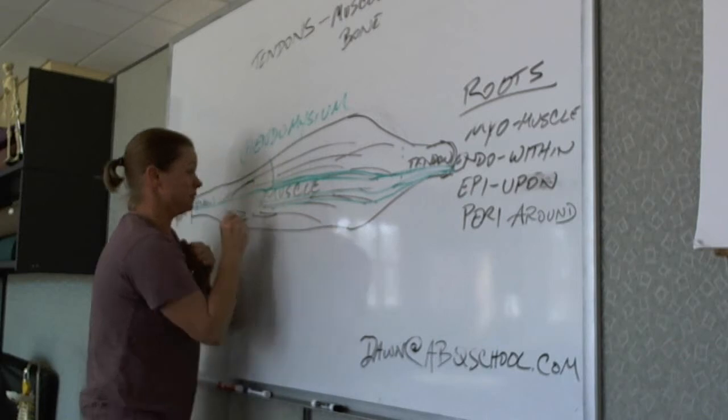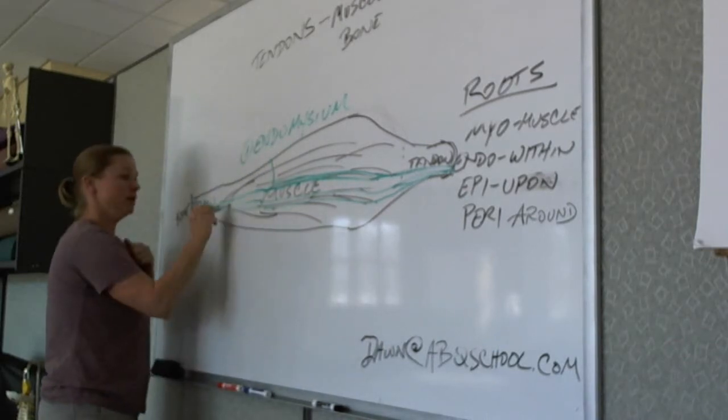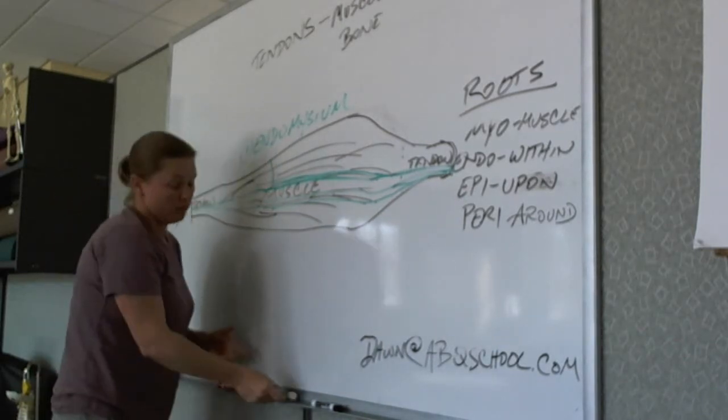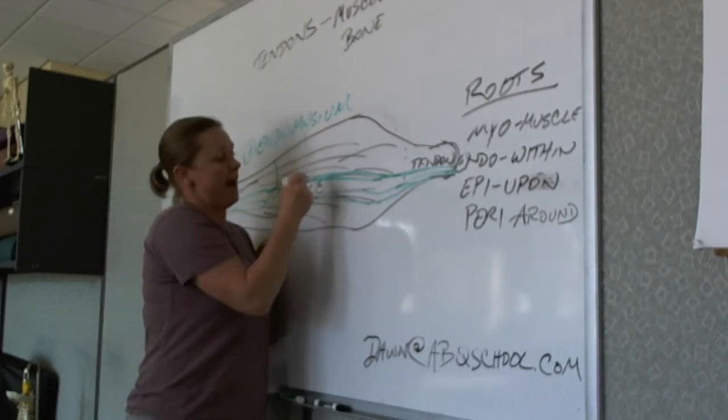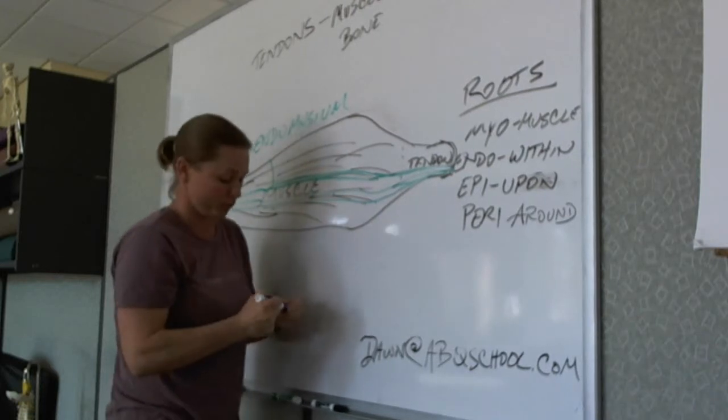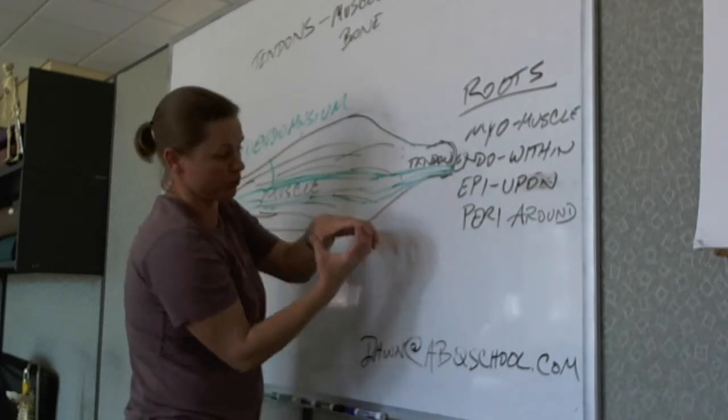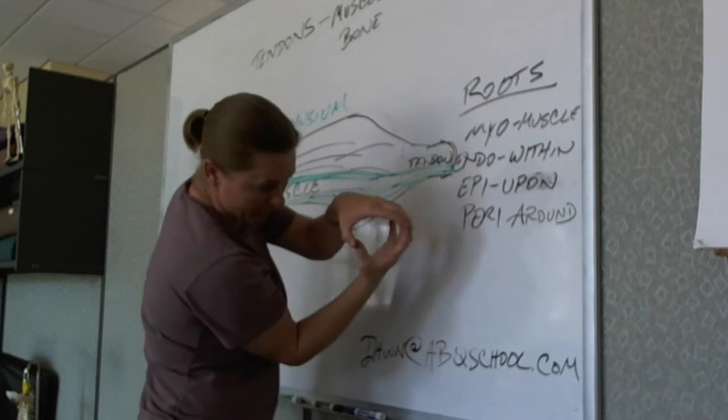So I hope that helps a little bit. Now that's smallest. Now, we often will wrap, and I can't give you the three-dimensional view because I'm a one-dimensional drawer, but if we cut our muscles in half and looked at them this way,